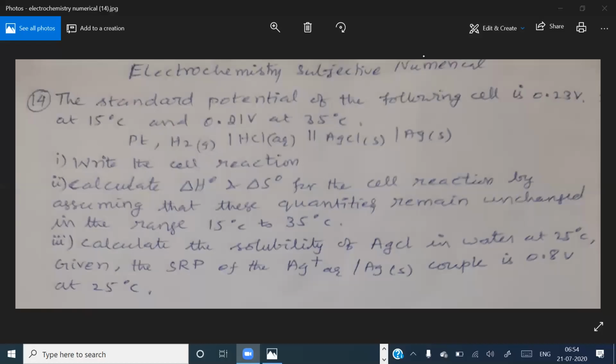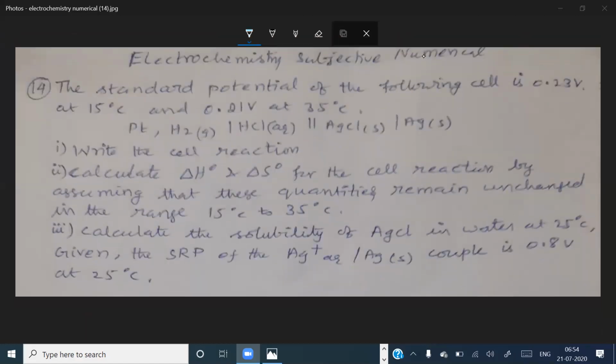Let us discuss electrochemistry subjective numerical question number 14. Let us read the question. The standard potential of the following cell is 0.23 volt at 15 degrees Celsius and 0.21 volt at 35 degrees Celsius. Now, here the electrode given is